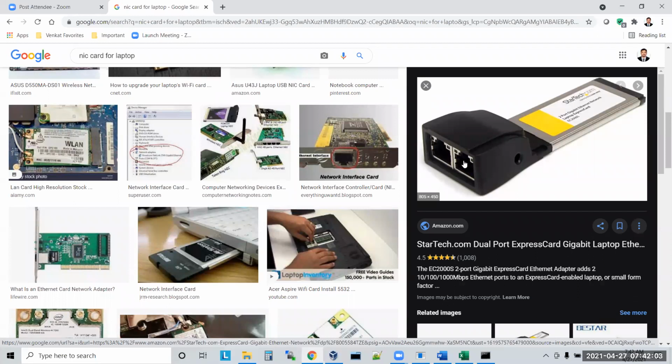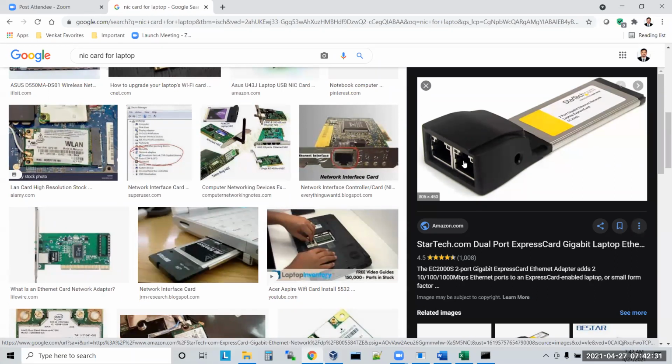Every network adapter card will have 1 IP address. So if I enable 2 network interface cards for this server, 2 IP addresses will be there. If one IP address is damaged or corrupted, I can use another IP address to connect to the system and fix the network interface cards.